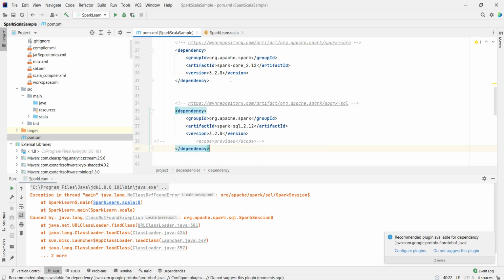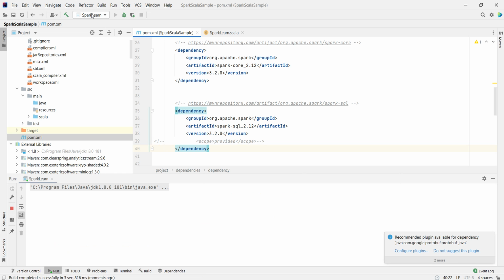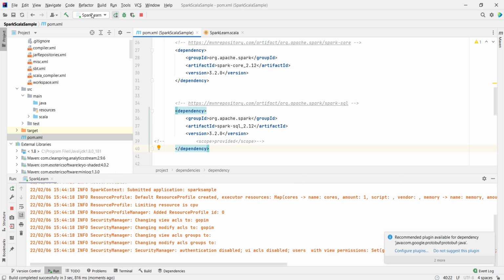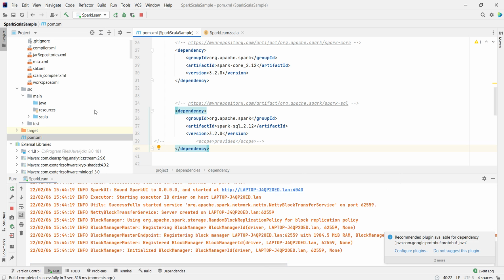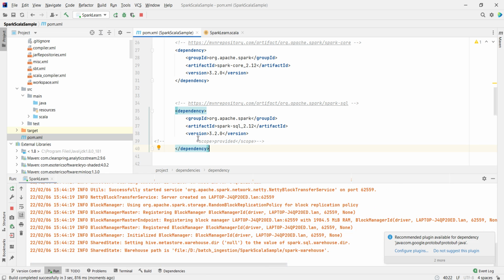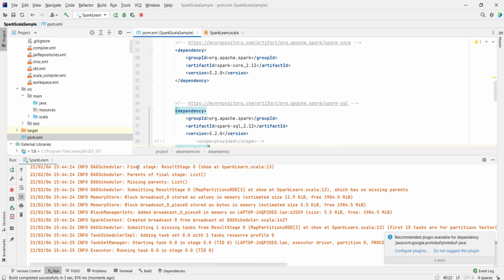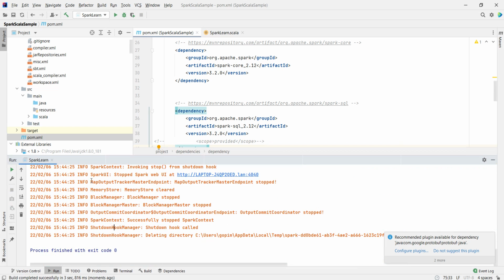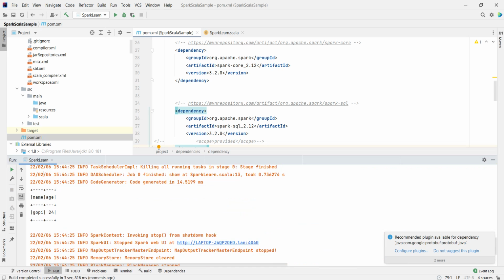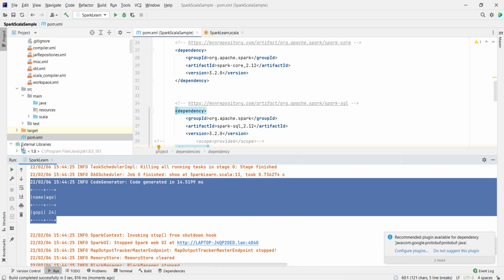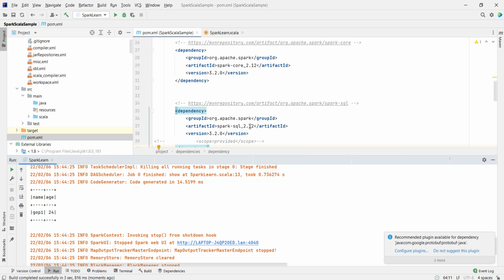Okay, now let's run the application again. Yeah, now the execution is completed. Now the names are printed. So that's all for this